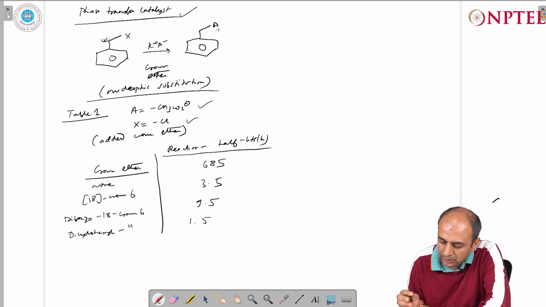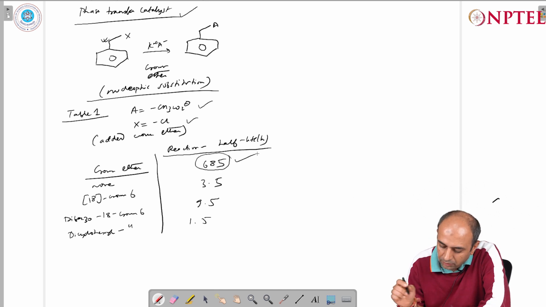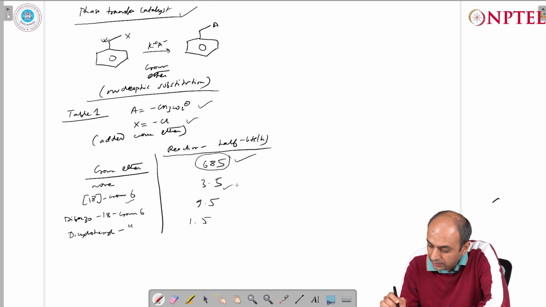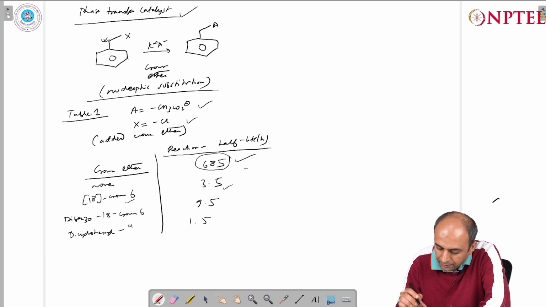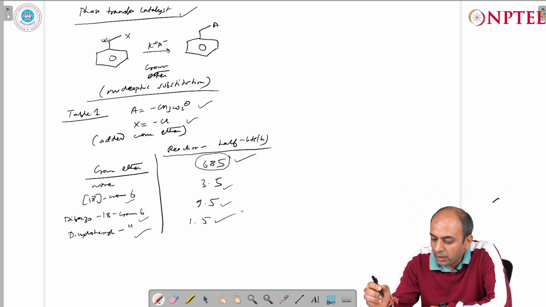Now what has been observed is that when this reaction was done in the absence of crown ether, the reaction half life was 685 hours. When we added 18-crown-6, it decreased drastically to 3.5 hours. In the presence of dibenzo-18-crown-6 and dicyclohexyl-18-crown-6, the reaction times were 9.5 hours and 1.5 hours respectively. That means there is a special role of the crown ether in these processes, and this enhancement